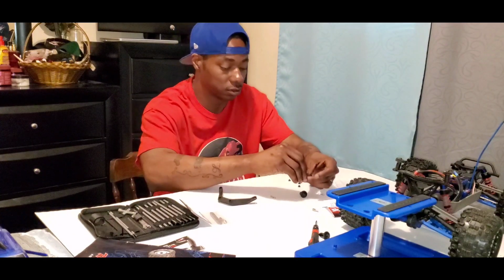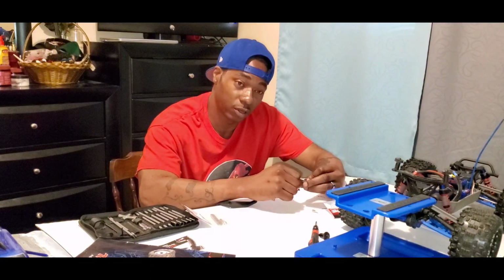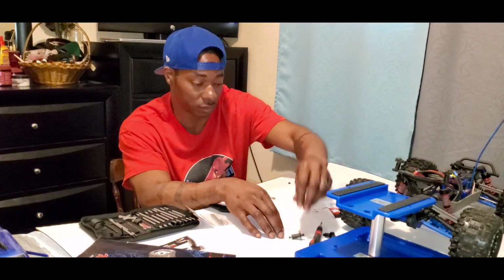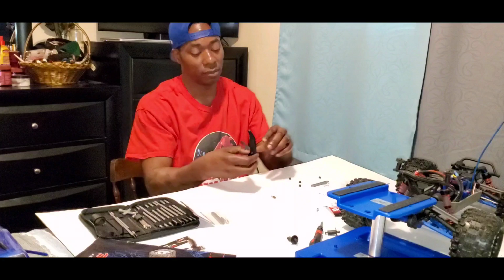I usually be doing this in the living room, but the missus is working from home during the quarantine, so I got this little thing where I can work in the bedroom and chill out, so she can have our office space. So, okay, back to